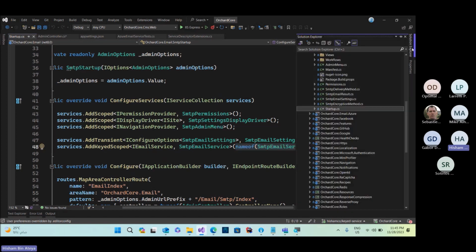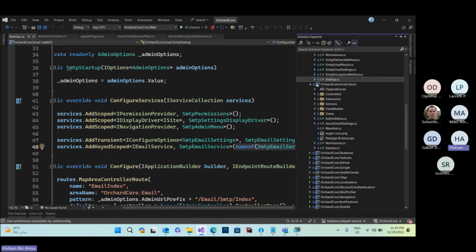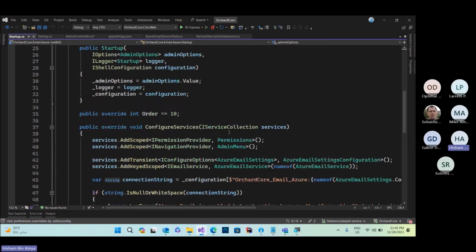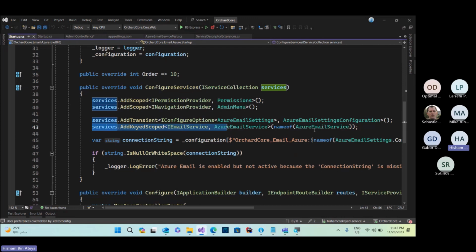Same thing in the email.azure module. If we go to the registration, we register it as a keyed scoped service with the Azure email service key. Now, whenever we ask the DI, we just need to pass the key, and the DI will recognize we are asking for a certain implementation. And this is useful if both features are enabled.